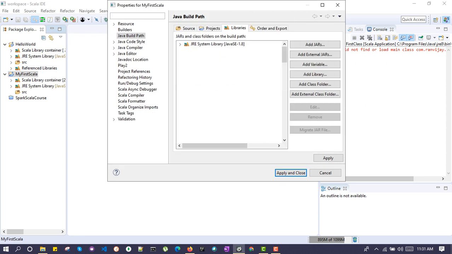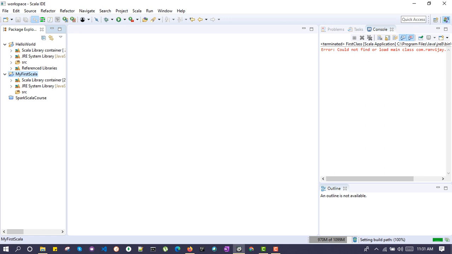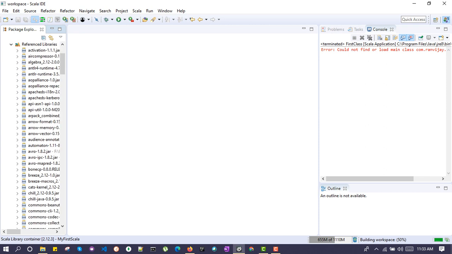Open, apply and close. Let the build path be prepared for our project. It's in progress. Give some more time. Now you can see a reference library has been added which contains all the jar files of Spark.